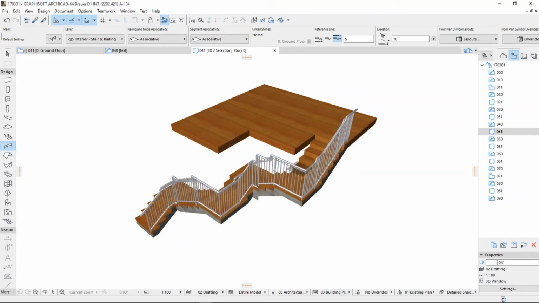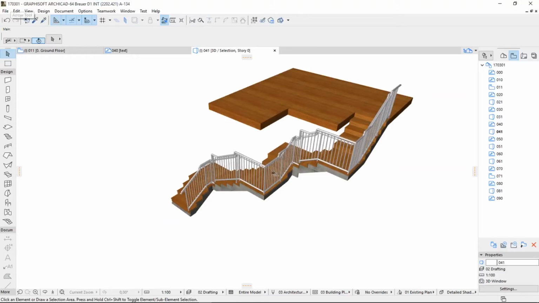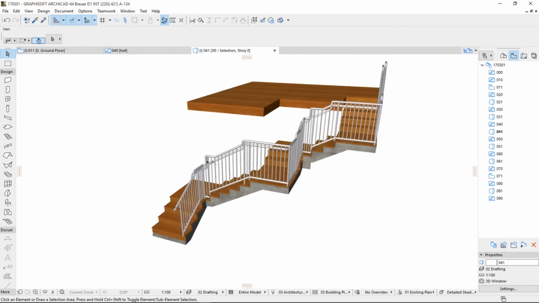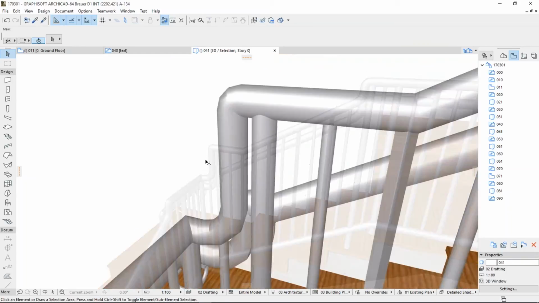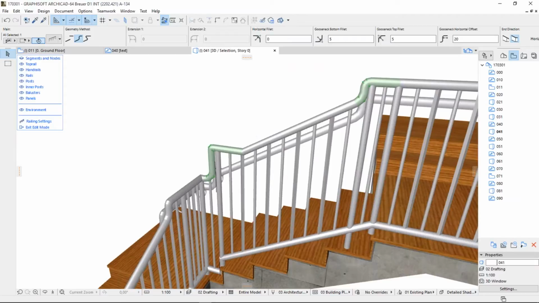And yep, there it is. Just took me a few seconds. Actually, it took me no effort at all. And so if I select this and go to editing mode, I can choose